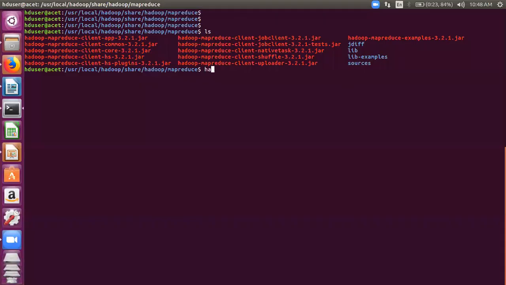So we'll write here Hadoop jar, Hadoop MapReduce, like this. So I'm going to pick up an application from this jar file with the name word count. Then I'll specify the file from which the words need to be counted. So I have put up a file here.